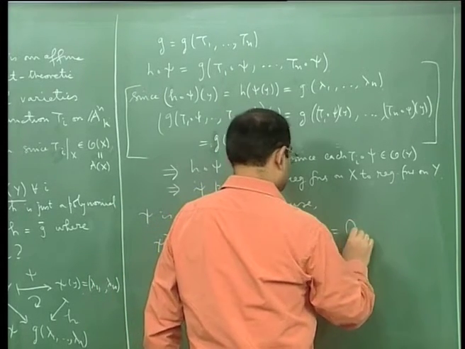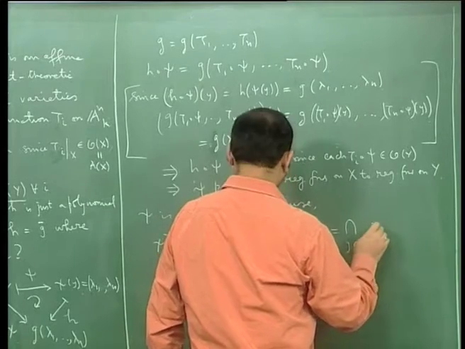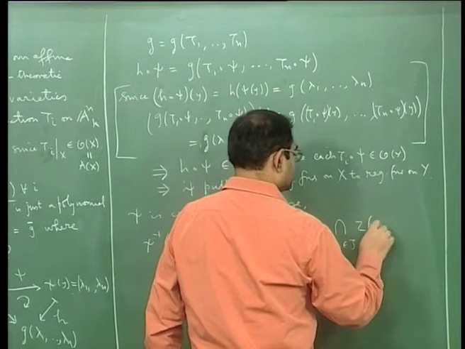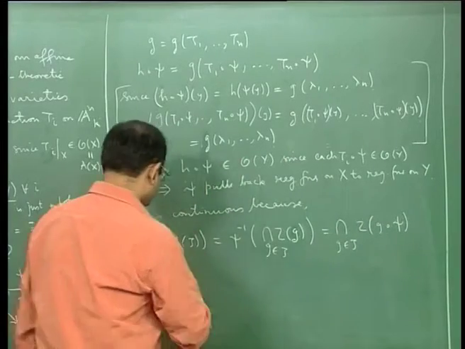This is the intersection over g belongs to j of z of g circle psi, which is closed